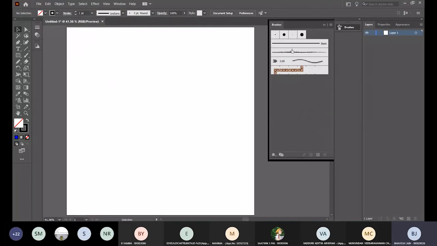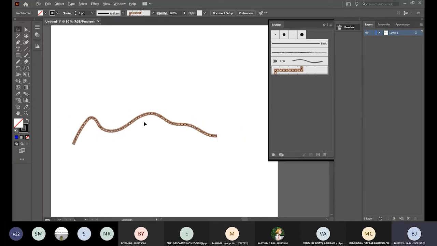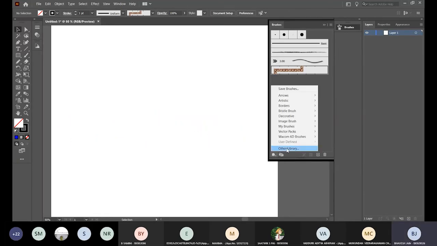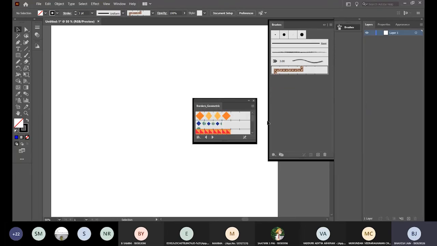And if you select, say, the leather seam, I don't even know what this is, but okay. It keeps on updating itself. It randomly pops up new brushes in here for you to try out, and you draw. Oh wow, it drew a leather seam. And similarly, you can choose a wide range of brushes. So if you go for, say, borders, let's go for geometric borders.